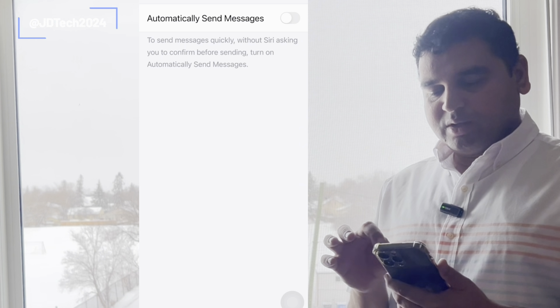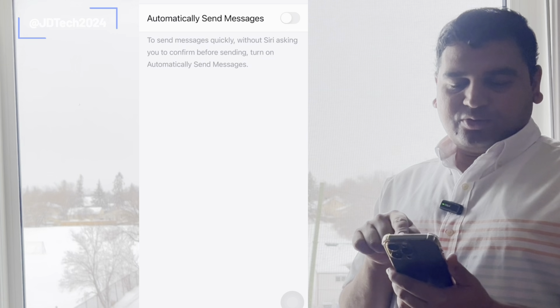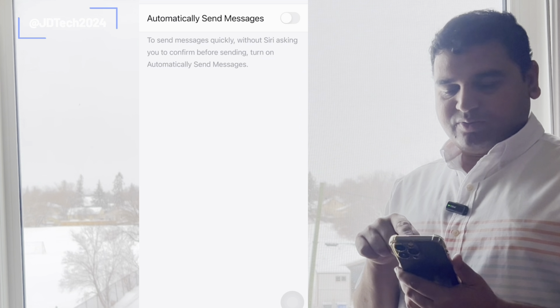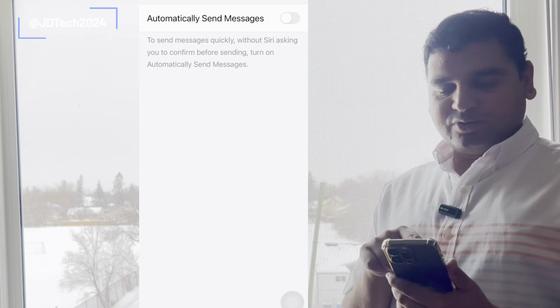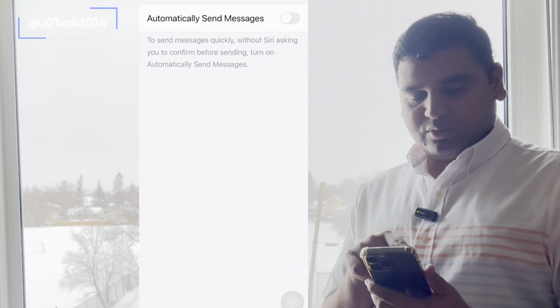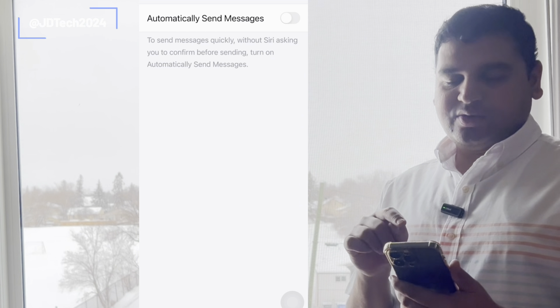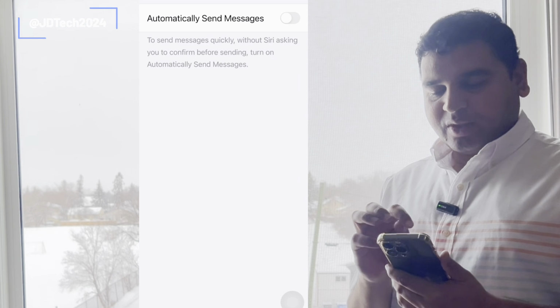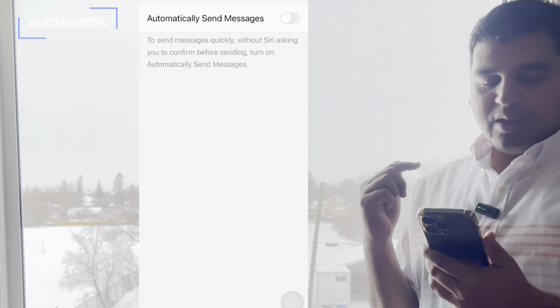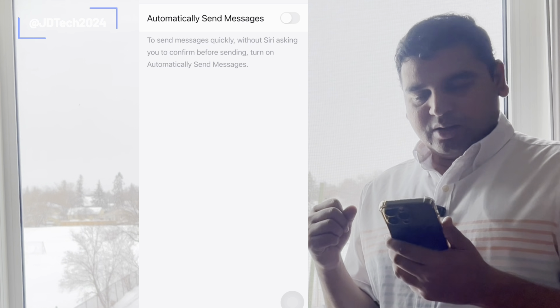You can turn on this option. If you read here, to send messages quickly without Siri asking you to confirm before sending, turn on automatically send messages. So for example, hey Siri, send